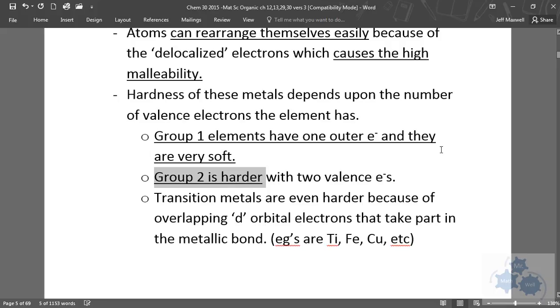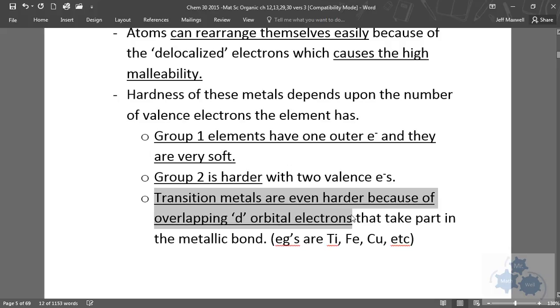The transition metals, once you move towards the right from the far left of the table, are characterized by the d electrons, right? They all have d electrons. And these transition metals are often quite hard because of the overlapping d orbital electrons. There are electrons in the d orbitals, and there's more participation in this metallic bond. And if you think about metals like titanium, iron, copper,